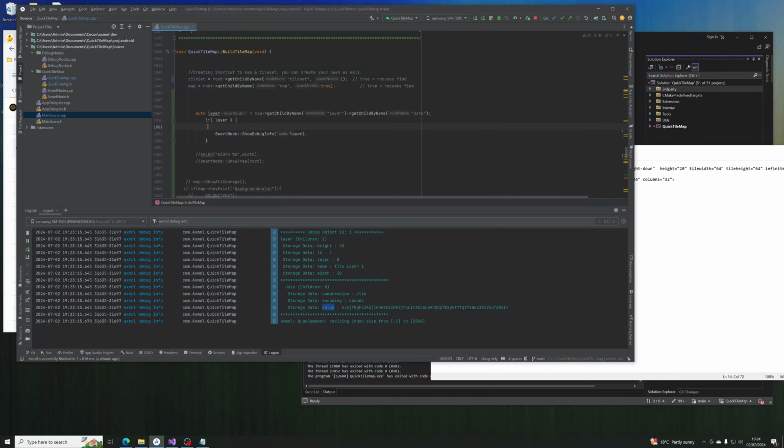So just like where we query the node, we can also query the storage as well. So if we say the layer key exists value, yeah, we're saying if this key exists in the storage, so it could be compression, we could do compression, let's do that. Then AX log